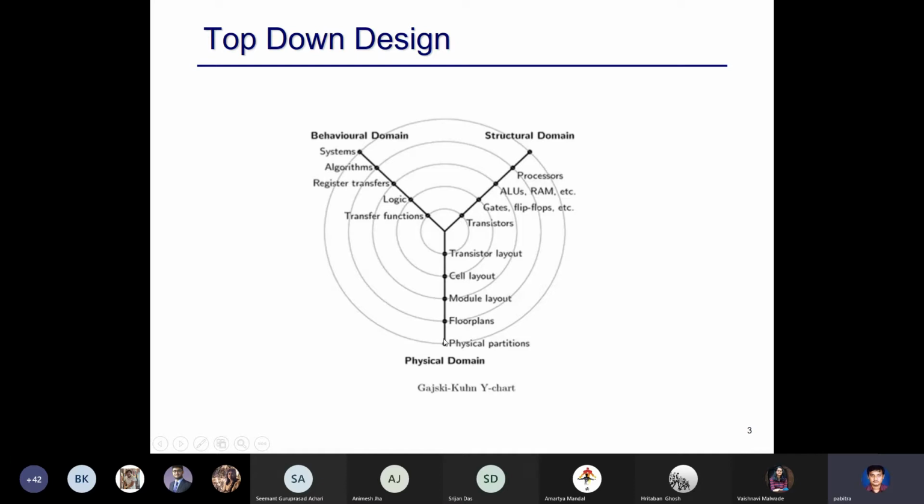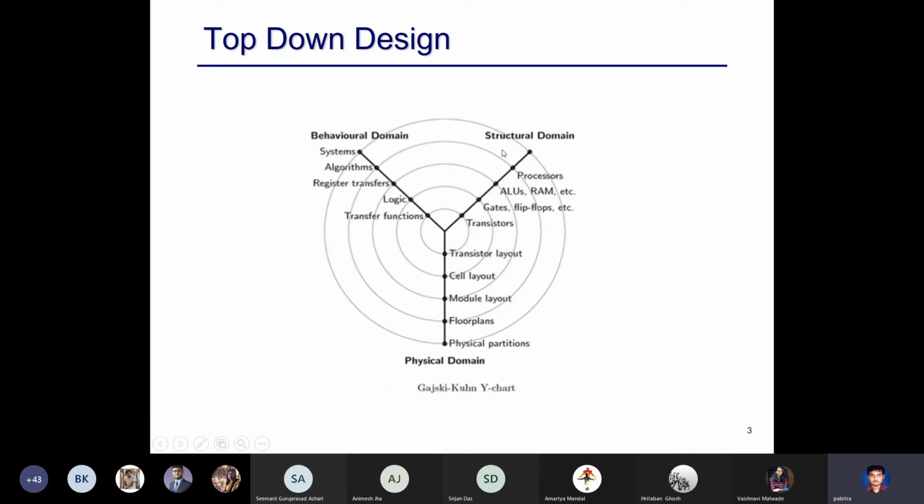And then, of course, you have the physical domain, where this entire down line of the Y is nothing but a floor plan. It's called real estate. So you have a chip, and how much area you can use. So you have physical design, then floor plans, then modules, then a cell. These cells are sometimes called standard cells. Like gates and flip-flops for which the actual physical layout is very well optimized and well known. It's kind of a library available. And these cells you place to get at the transistor level to get your final layout.